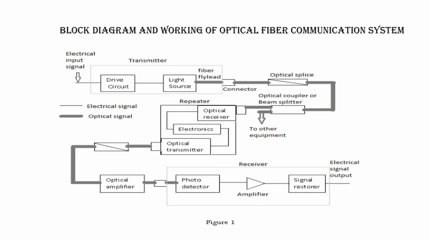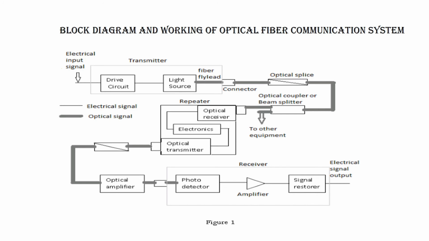So this is the complete block diagram which is there with the optical fiber communication system. First, I will repeat the whole steps in the optical fiber communication system. First we will be having the electrical signal. We give it to the driver circuitry, so it will control the intensity of light, which is then given to the light source, which will convert our electrical signal into a light signal. We can use laser or LED as the light source, right? Then we are giving it to the optical fiber.